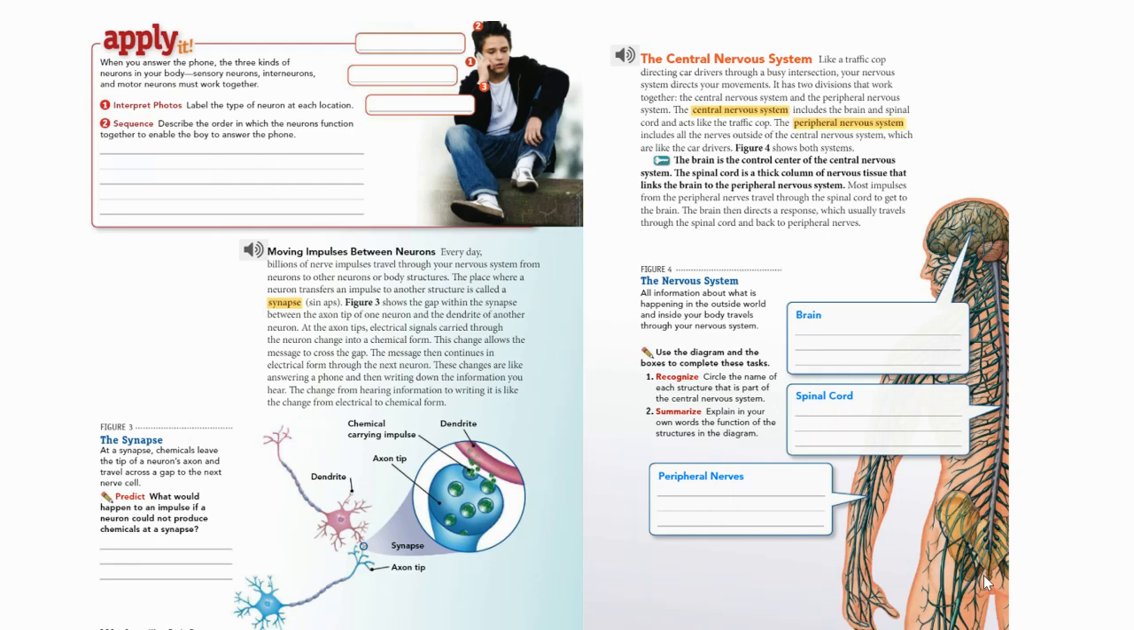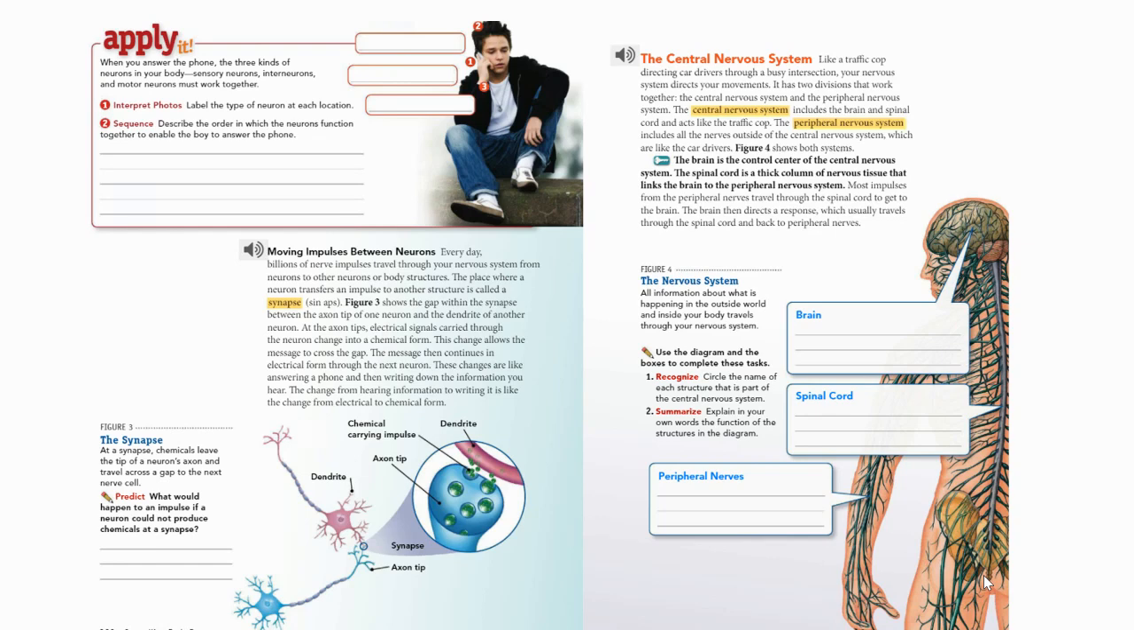Now, when we move impulses between neurons, this is where it gets a little crazy in your body. Every day, billions of nerve impulses travel through your nervous system from neurons to other neurons or to different body structures to cause a reaction to a stimulus. The place where a neuron transfers an impulse to another structure is called a synapse. This figure shows the gap within the synapse between the axon tip of one neuron and the dendrite of another